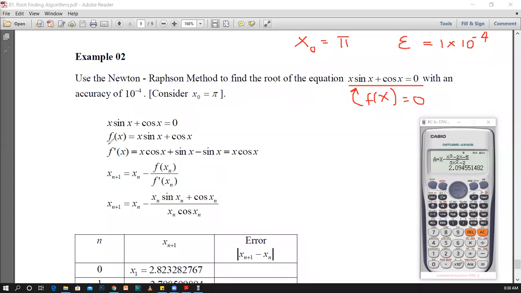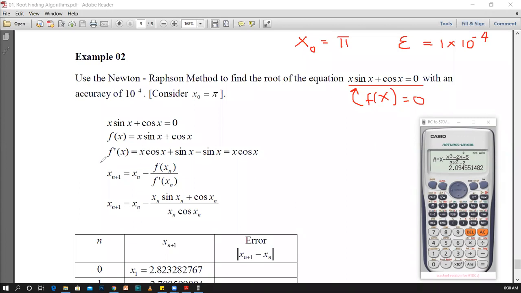Since you have identified the function f(x), what you have to do is take the first derivative of f(x). Once you obtain the first derivative, you get f dash x equals x times cosine x. Now you can combine this f(x), f dash x, and this value xn